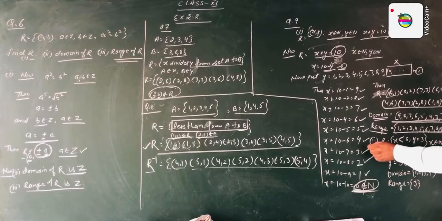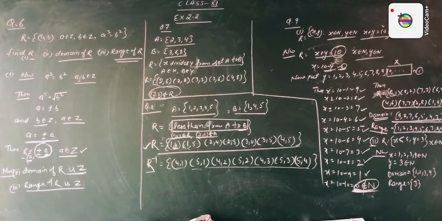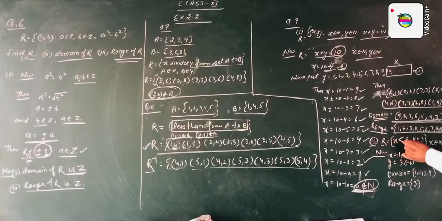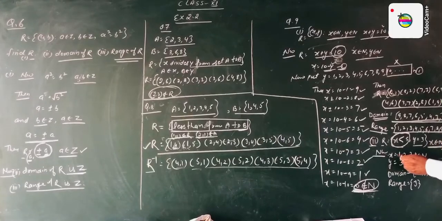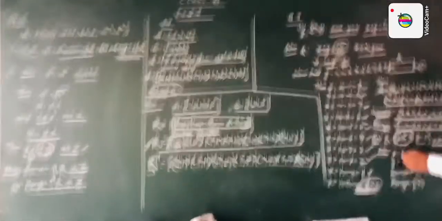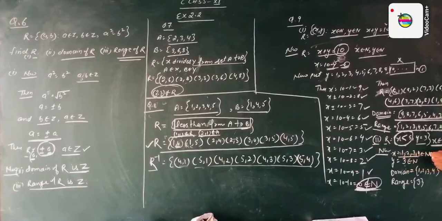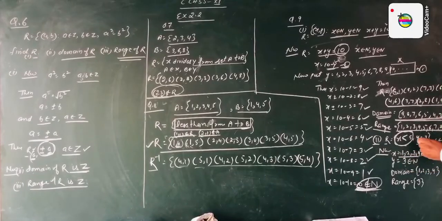In the second part of this question, it says that R is the relation: x less than 5 or y is equal to 3, where x belongs to natural numbers and y belongs to natural numbers. It is given that the value of x is less than 5 and all such numbers belong to natural numbers. So now x becomes 1 2 3 4. These numbers belong to natural numbers. y is equal to 3, which is also a natural number.